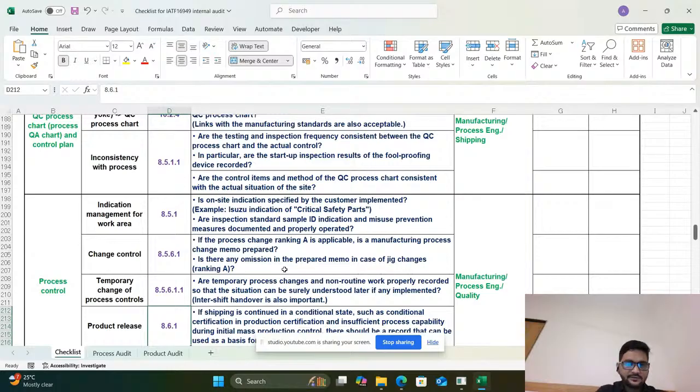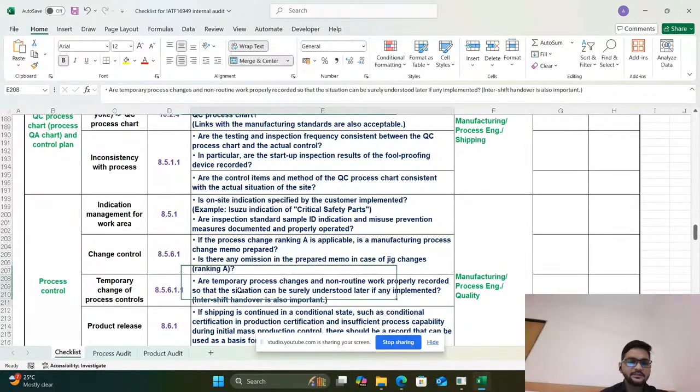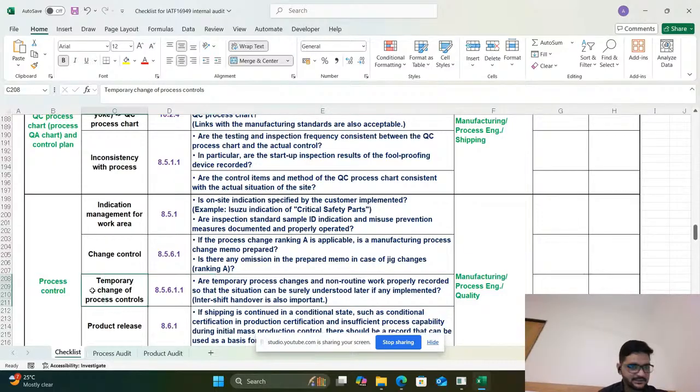Is there any system available? Temporary changes of the processes, like 85611, related to man, machine, material changes. Are temporary changes in process change and non-routine activities properly recorded or not? We are going to check during the audit.